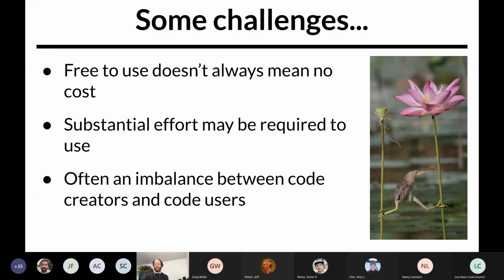The perception that code is free and yet should meet all your needs sometimes creates an imbalance between code users and code creators. Remember, they don't work for you. You may be deriving a lot of value from their project, yet you're not compensating them for their time. So please keep this in mind when interacting with open source projects. Be gracious, be grateful, and try to offer solutions instead of only problems. Also, always look for opportunities to help out with the projects you depend on.